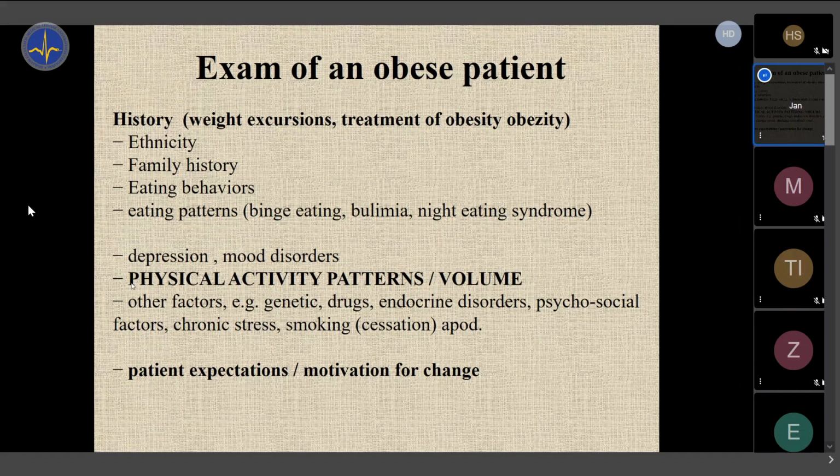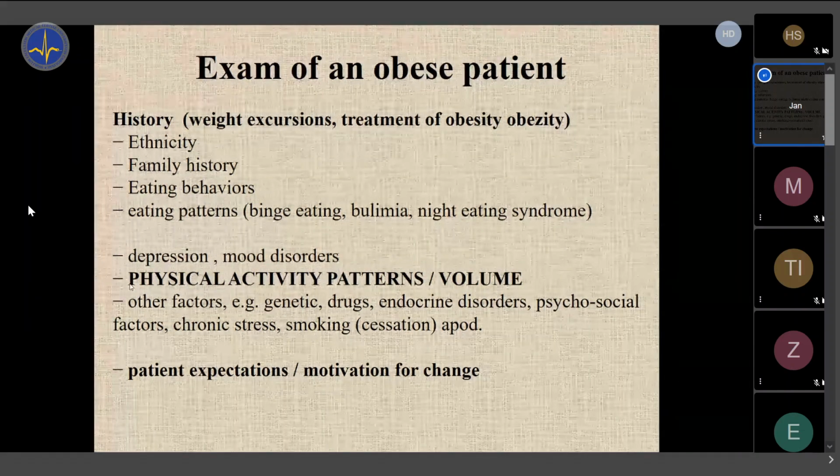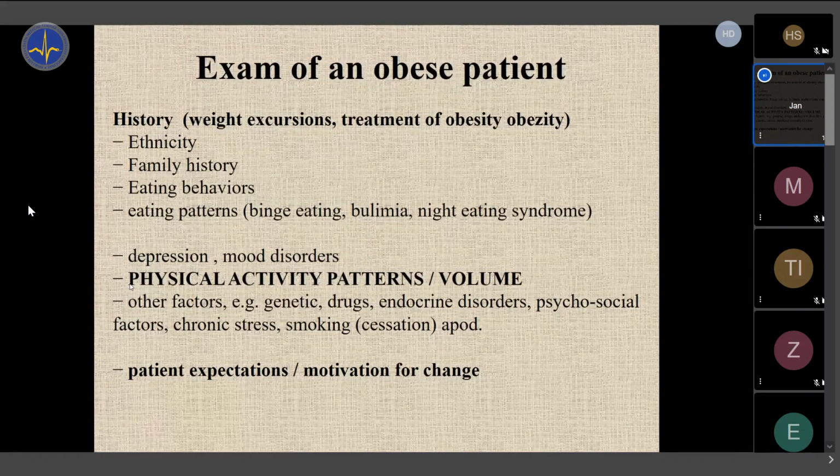We also ask more specifically, and we should note it, what are the physical activity patterns? It doesn't mean that obese people are always sedentary. It's not the case, right? It would be a prejudice. Some of them are active. So we record how often, what is the intensity, what type of exercise, what do you do, and we will note it in our files, in our physical exam and family history, etc.